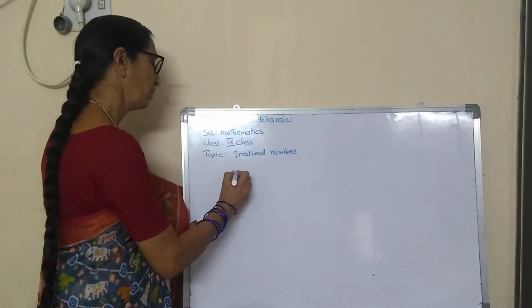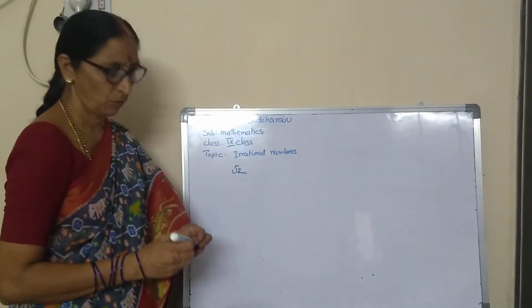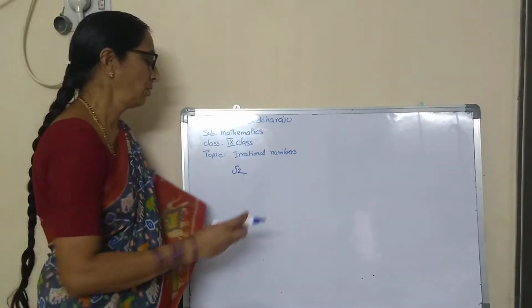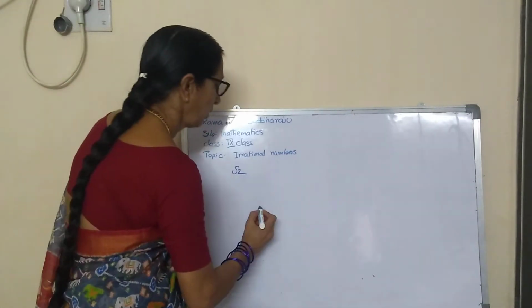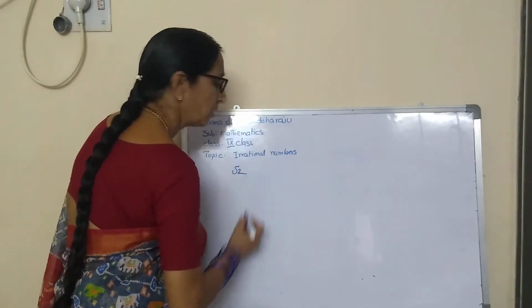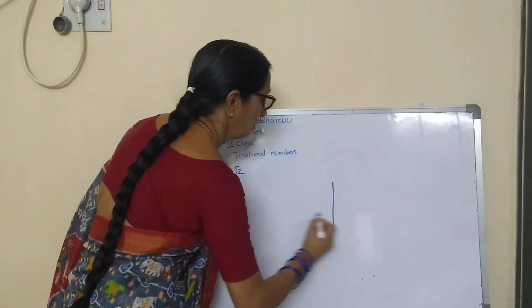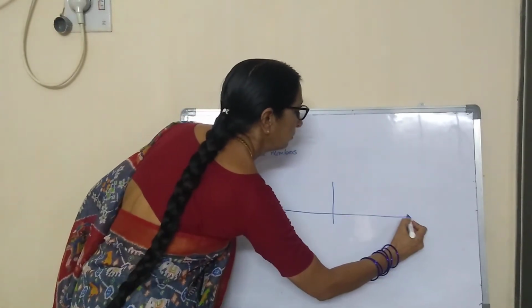First irrational number is root 2. Root 2 is an irrational number. So, we can represent the root 2 by taking